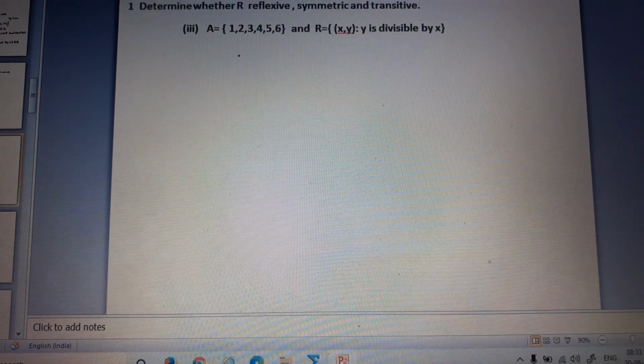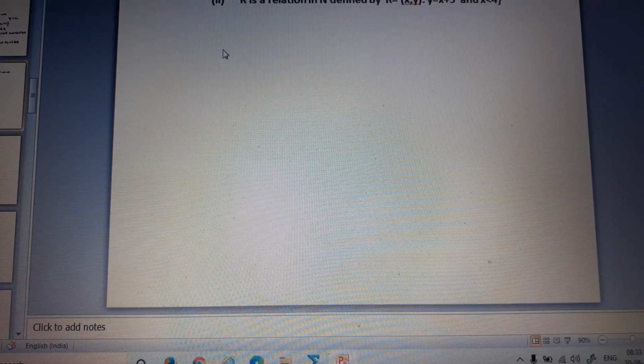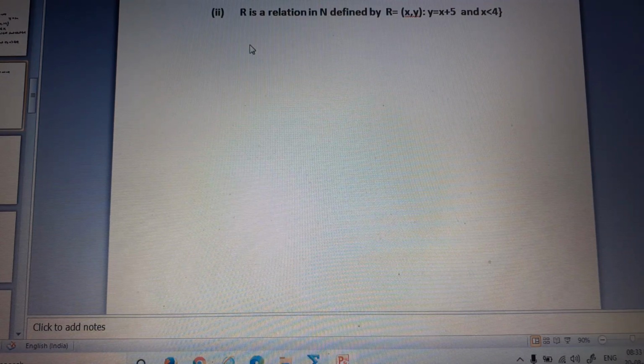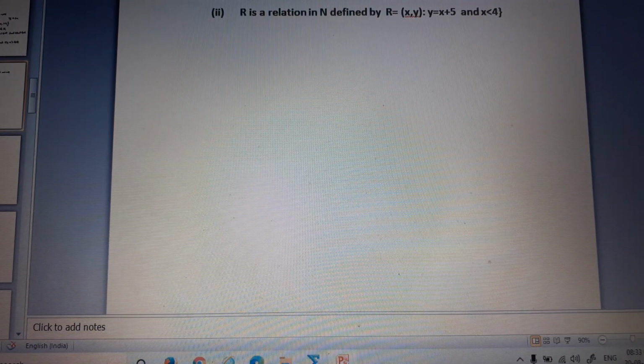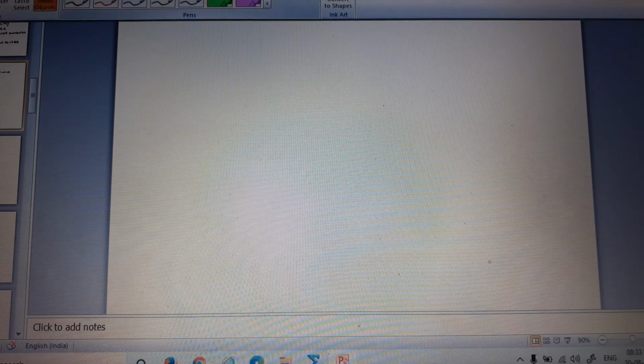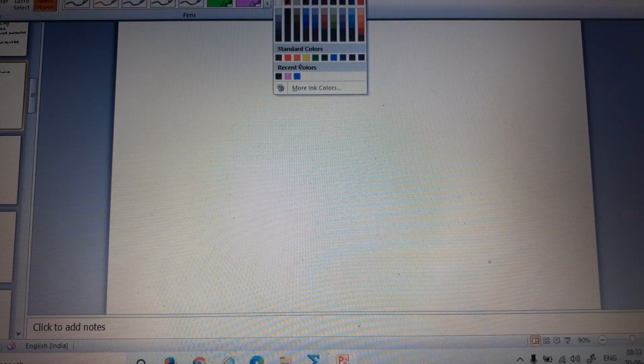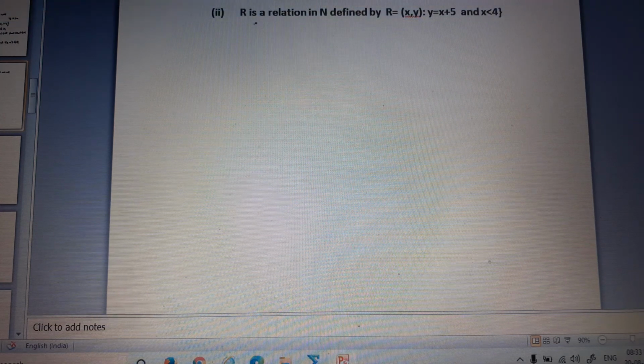See, determine whether R is... this is the third question. So let me go back to the second question, which is this. R is a relation in N defined by R equal to ordered pair (x, y) such that y equal to x plus 5, but the condition is that x should be less than 4. So when this type of question is given, first let us